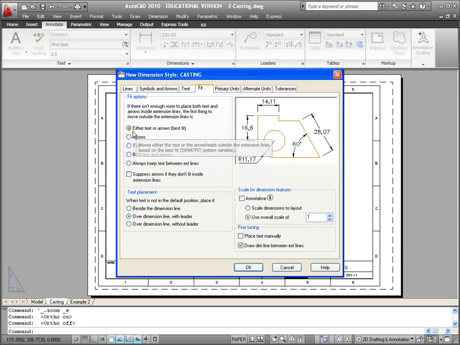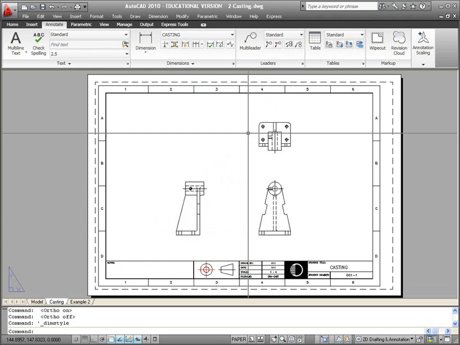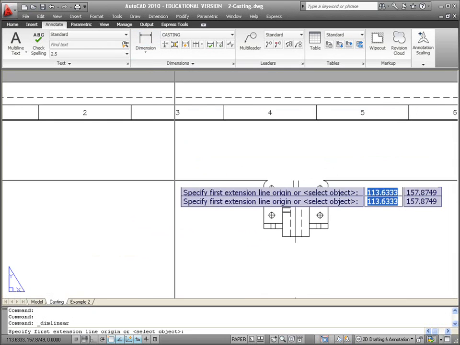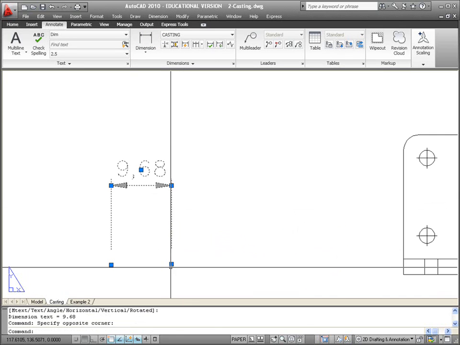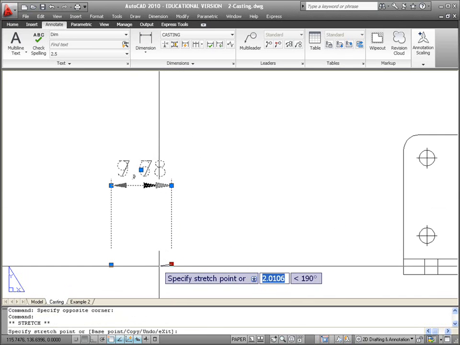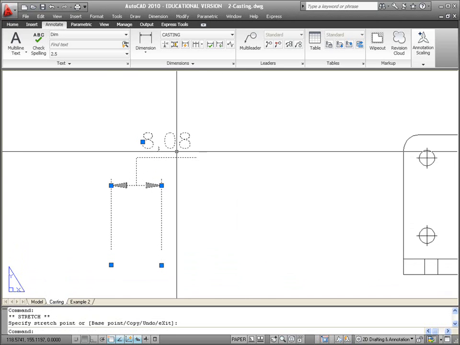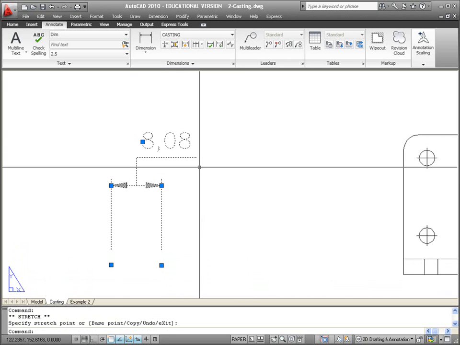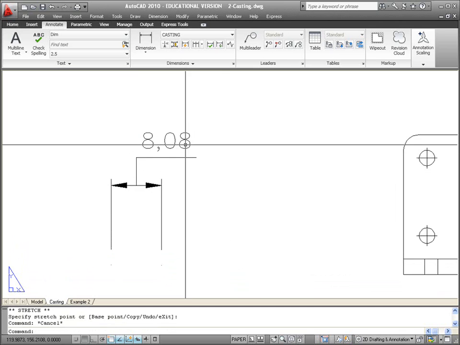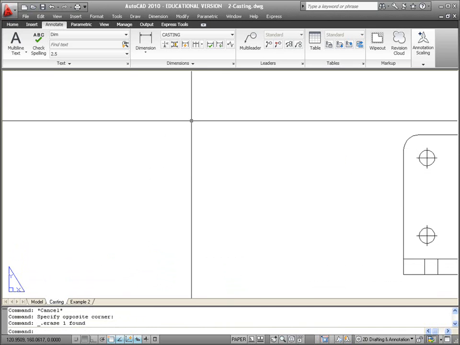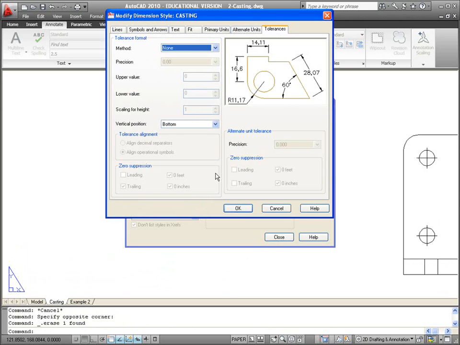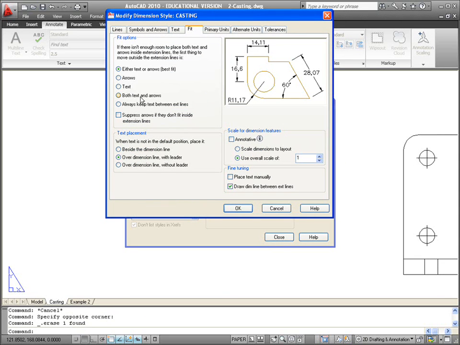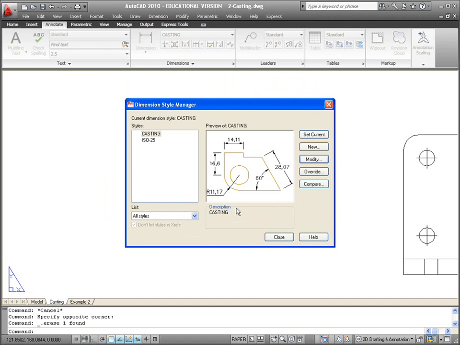If I take this one, either text or arrows, and click OK, I'll show you what I'm talking about there. If I do that, and just move it slowly, you see the way it places the text outside. Not ideal, not what I'd really like to see happening. But if I go in and modify that again, and take both text and arrows, click OK,